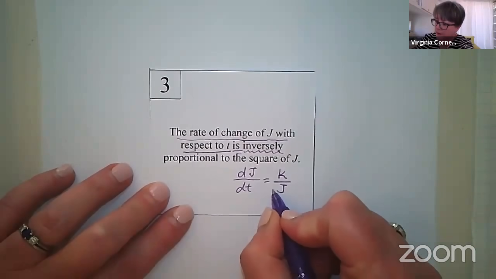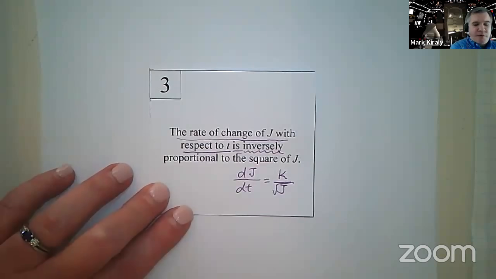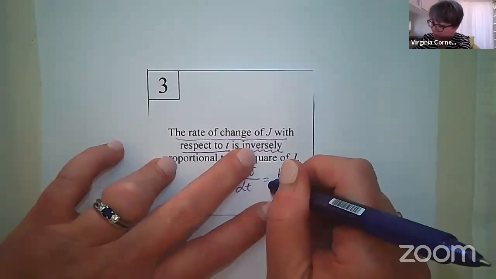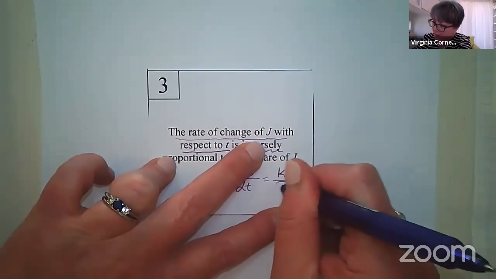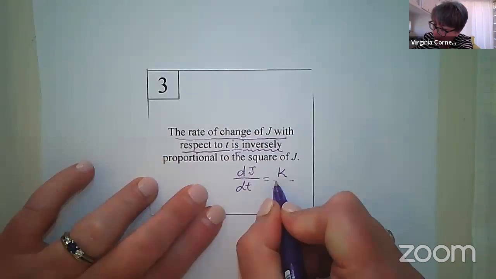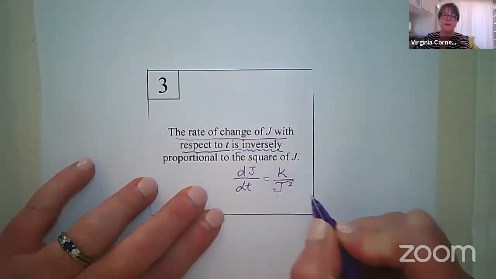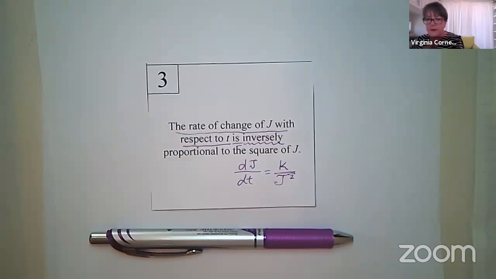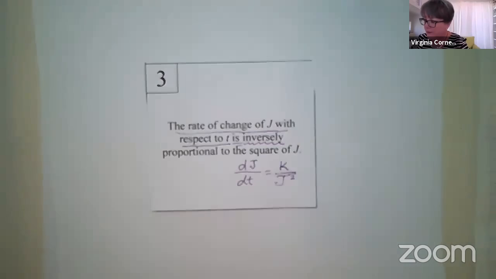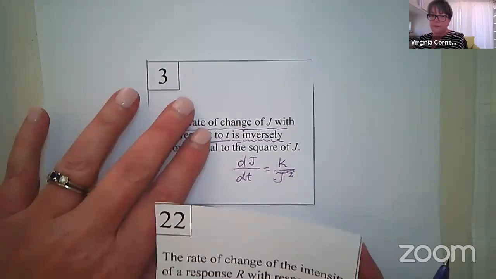So how about if I do this? Would that be the square of J? If you raise it to the 4th. Oh boy, that would be so cool. Listen, I'm using these pens because they're erasable, because mistakes happen in math. And I know that some people have another kind of pen; that's my favorite pen, and it is here in the wings in case I need it. Okay, so it should be dJ/dt equals k divided by J squared. That would be the correct differential equation.